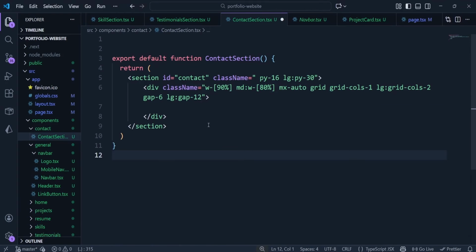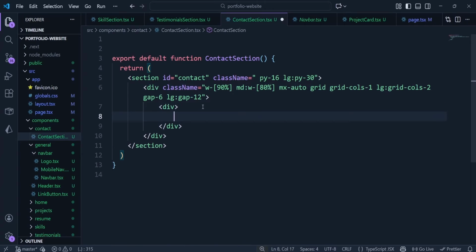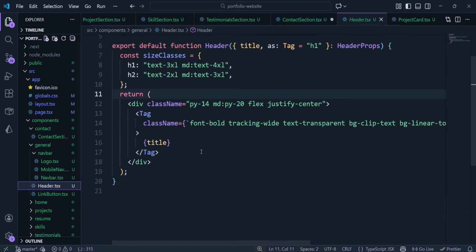Now remember, we're going to have two sections, the CTA section and the contact form section. So first of all, let's create the CTA section. I'll create a div for this, and in here I'm also going to pass in an h2 tag. Now for this particular h2 tag, I'm going to make use of that reusable header. Right here, I'm going to output this text right here, ready to collaborate. And then for the Tailwind classes, we'll make use of the styles we use inside this header right here,